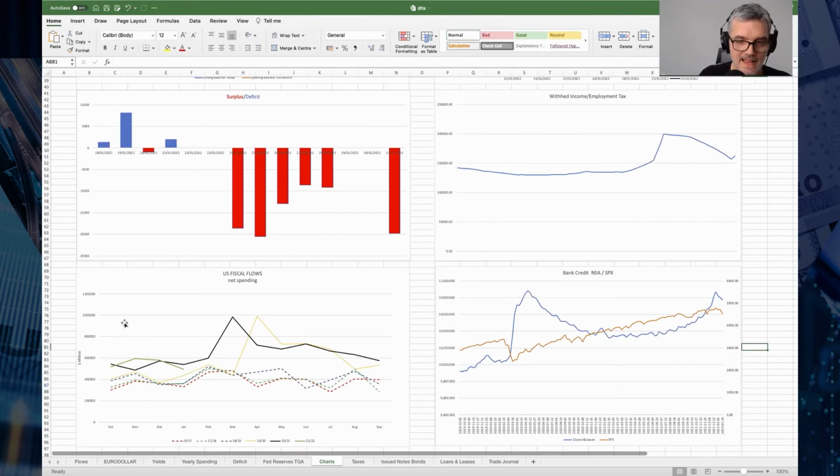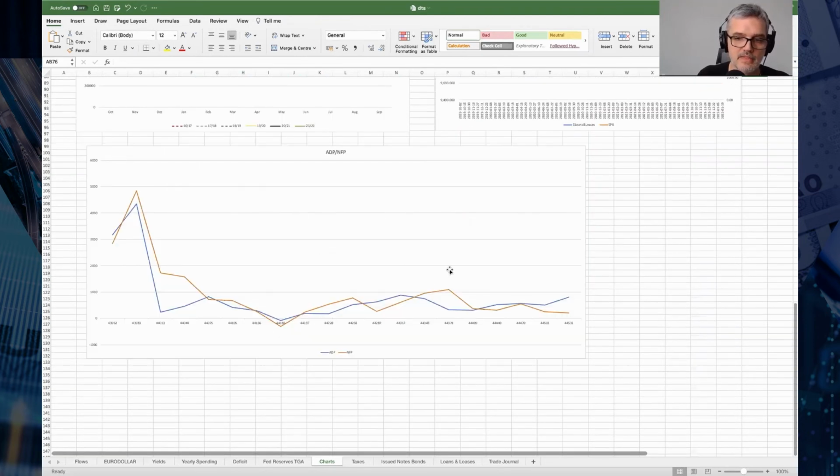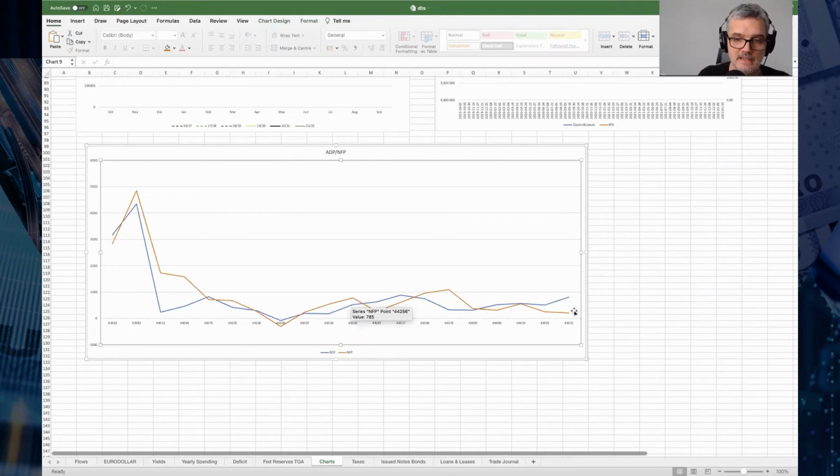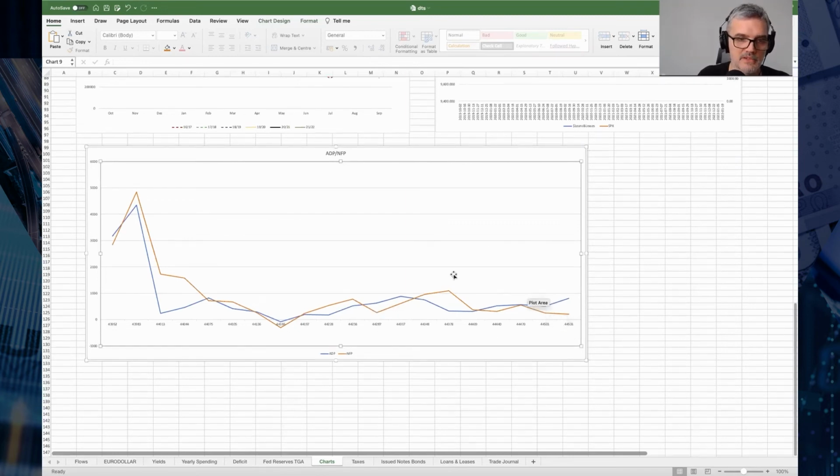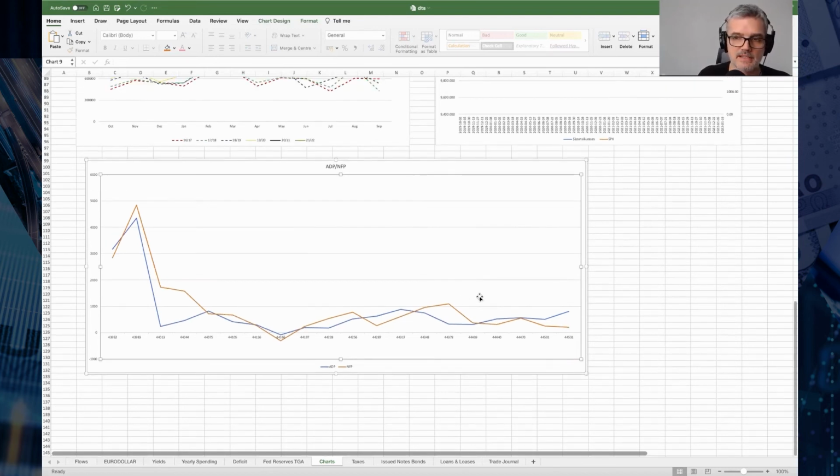And with less money coming from US fiscal flows and less money coming from the bank credit, the S&P 500 corporations might not have as good earnings going into the future. And if they don't have good earnings and profits, then they're going to start laying people off, which is why I don't think, if that happens, we're going to see the NFP number get back up to like 550,000. I think it's going to stay below that basically. That's why I think we're going to see lower NFP and ADP coming into this.